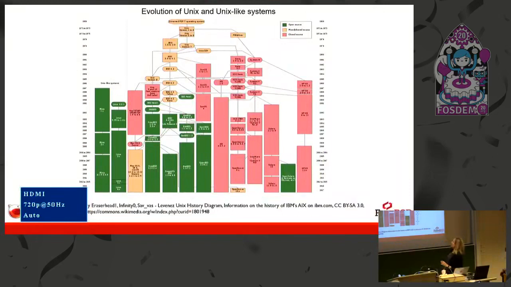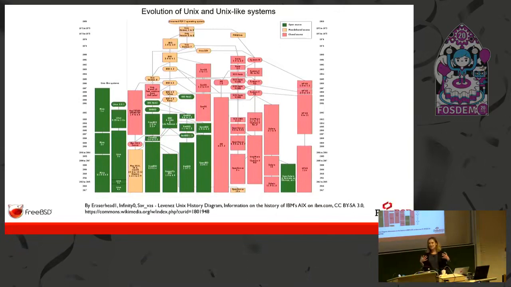So I know this is nice because everyone's pretty close in. I like to use this because it really shows the lineage of FreeBSD. It shows Unix at the top and how it branched into a lot of proprietary closed source operating systems. When I graduated college, which was a few years ago, I used IBM AIX, so it was sort of in the prehistoric days, and that's what we used at IBM. It was actually before PCs came out, but HP had their version, and various large corporations had their version of Unix.